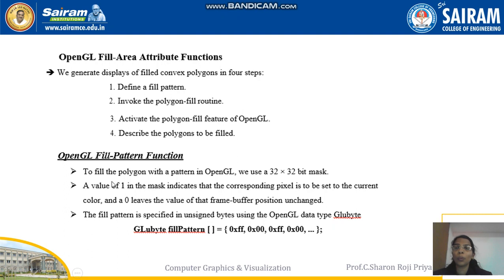Coming to the OpenGL fill area attribute functions, as I told in the previous video, I can fill a polygon with any pattern, with my own desired pattern. So this pattern I can specify. We have 4 steps: define a pattern, invoke the polygon function, activate it, and then fill it. So defining a polygon pattern, it will be